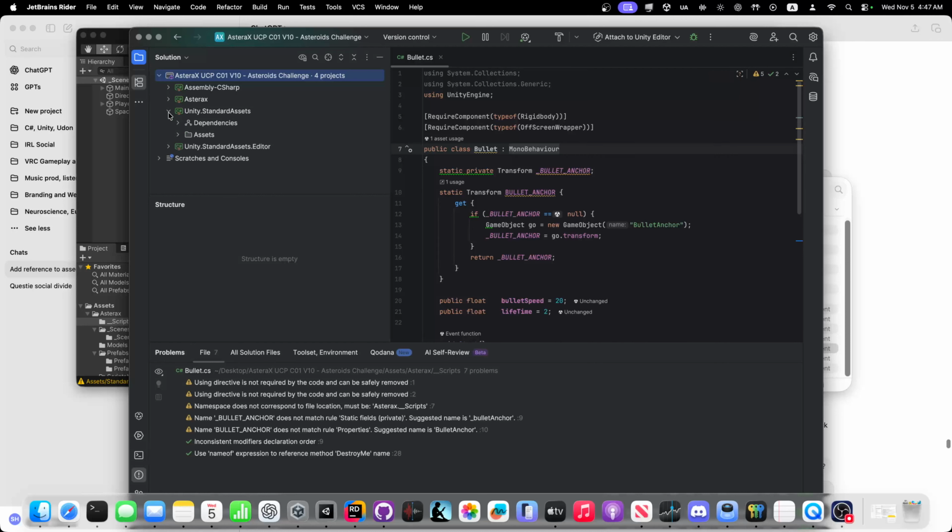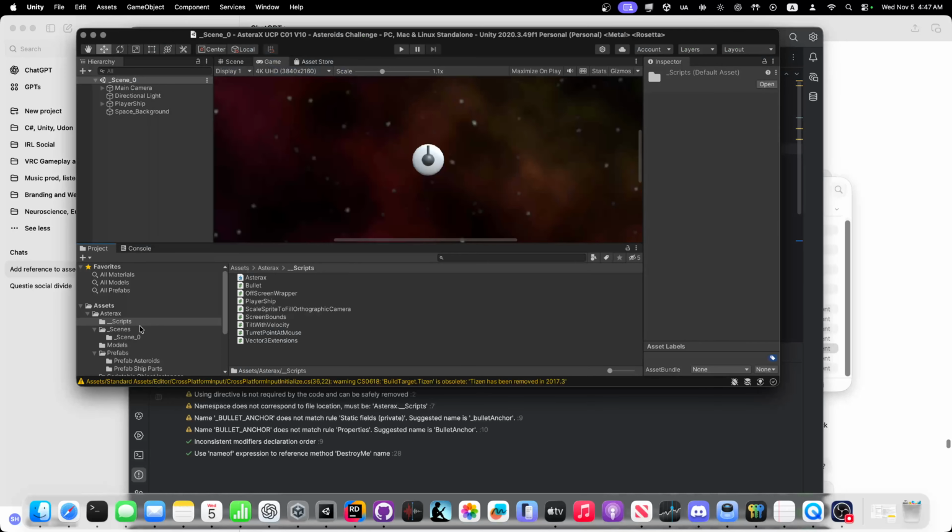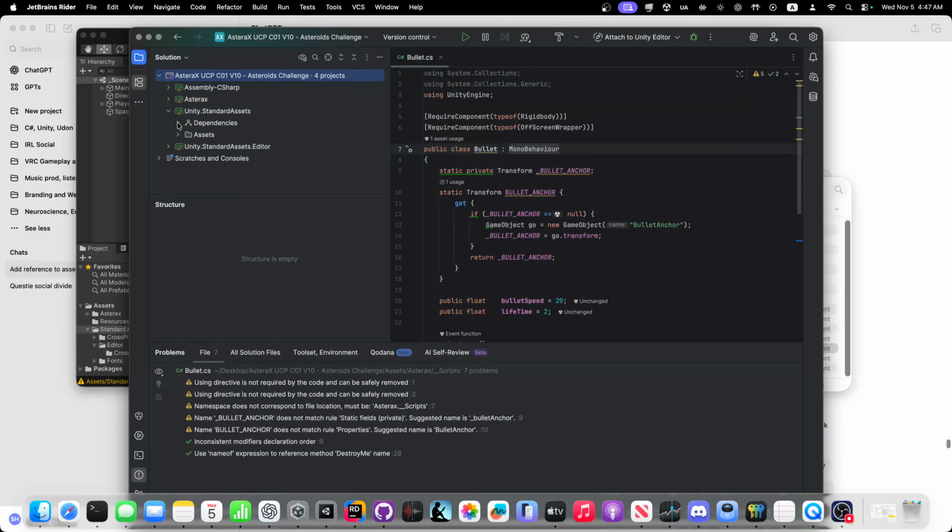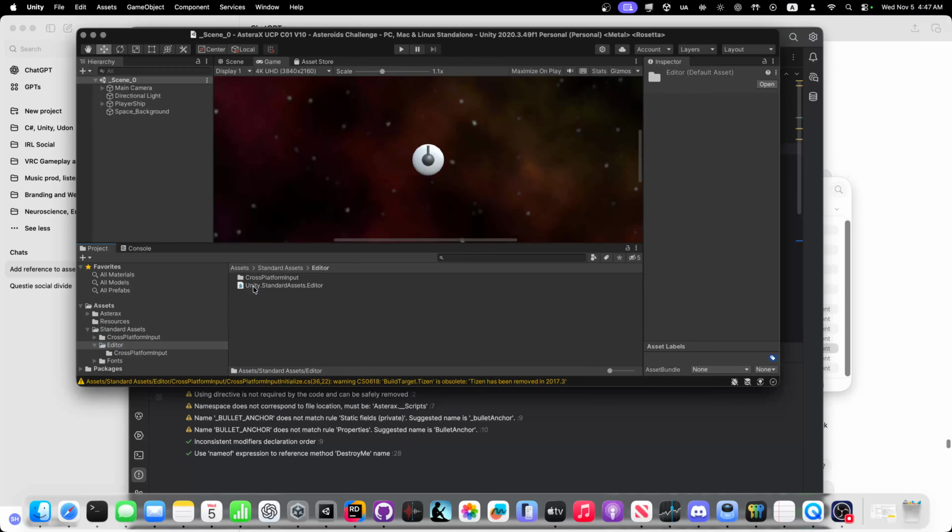And we did that for standard assets as well. Standard assets, this is that root asmdef for standard assets, right? And then we did one for editor,